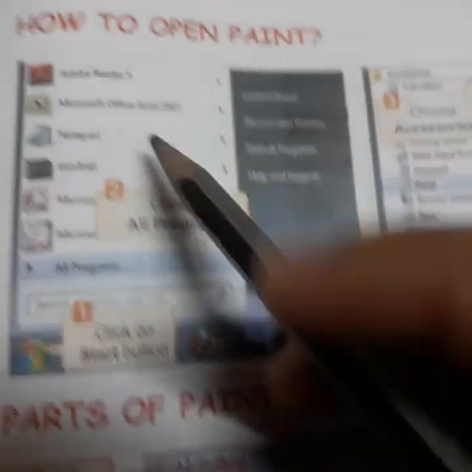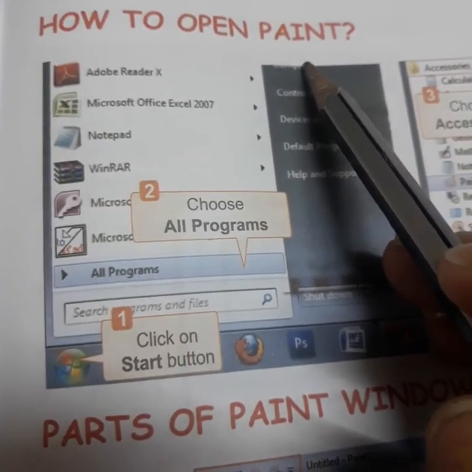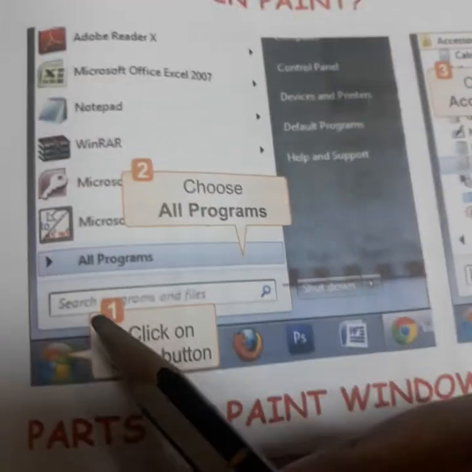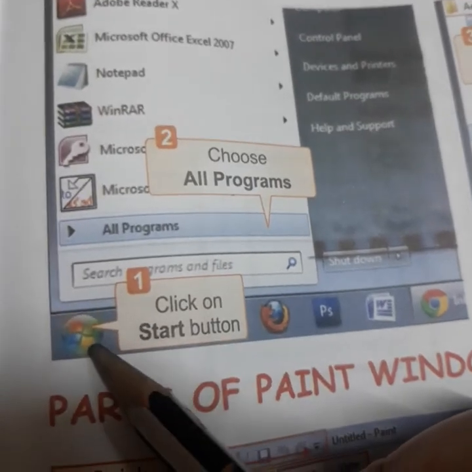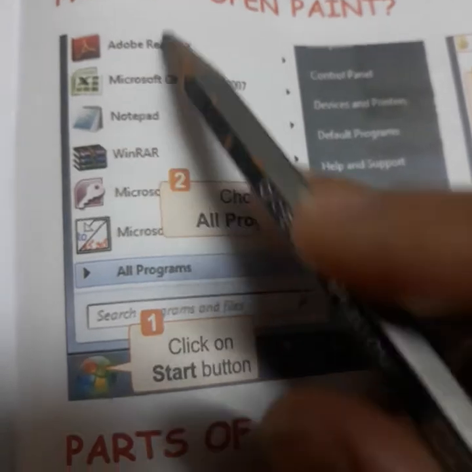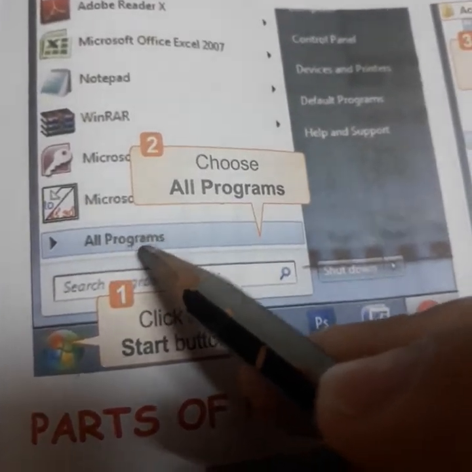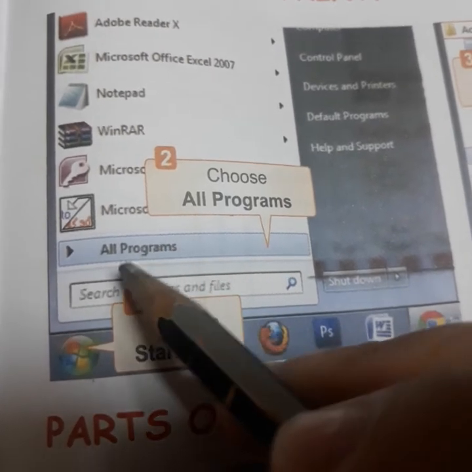Here, how to open paint. This we already told you in the last practical class. First step is click on the start button. Then you will see this kind of menu over here. Here you have to click all programs.